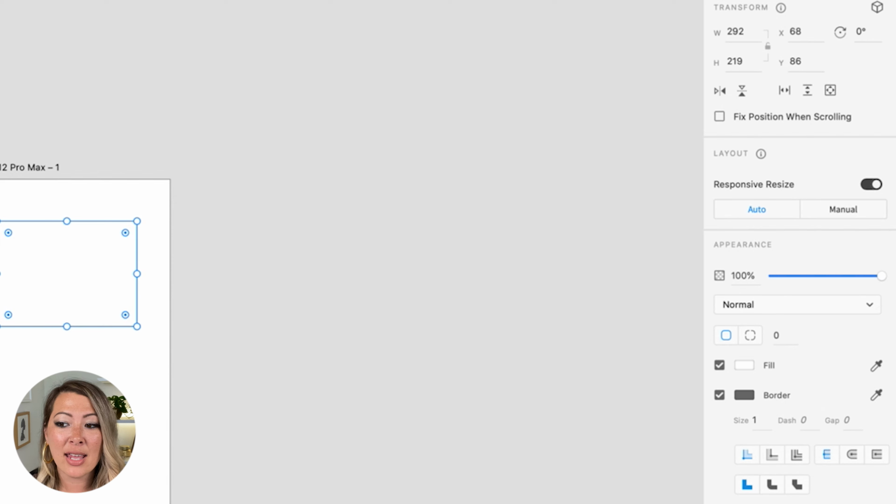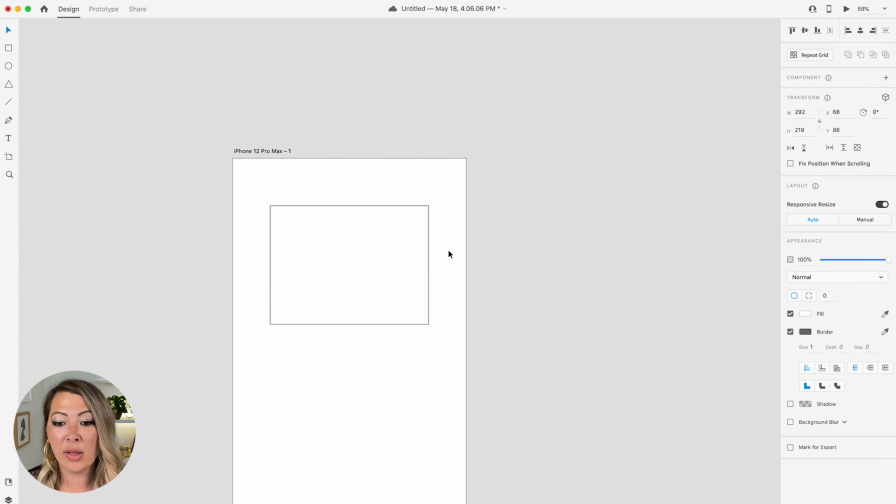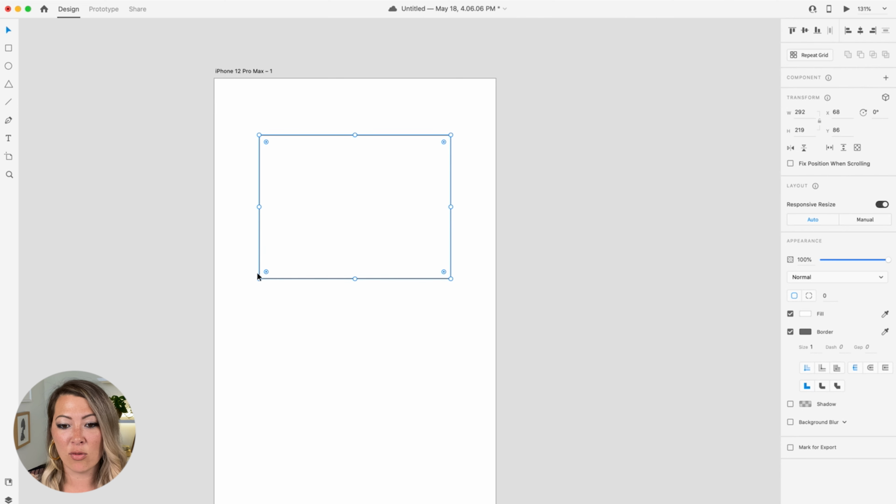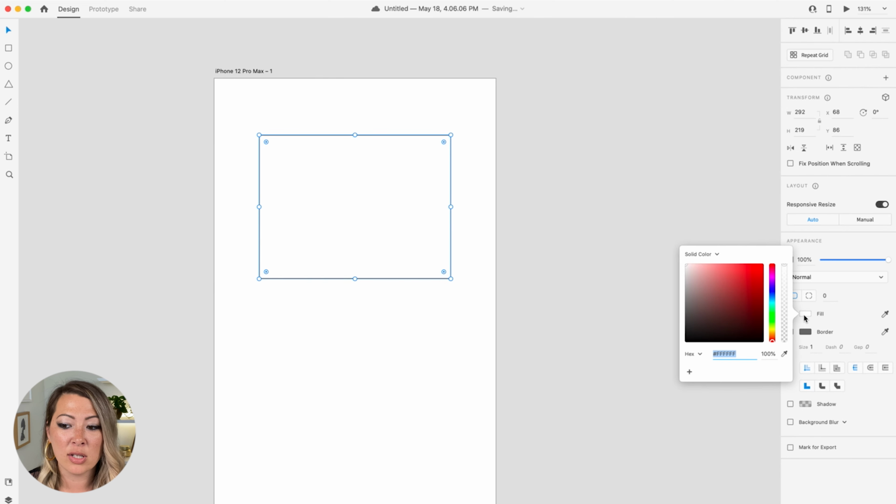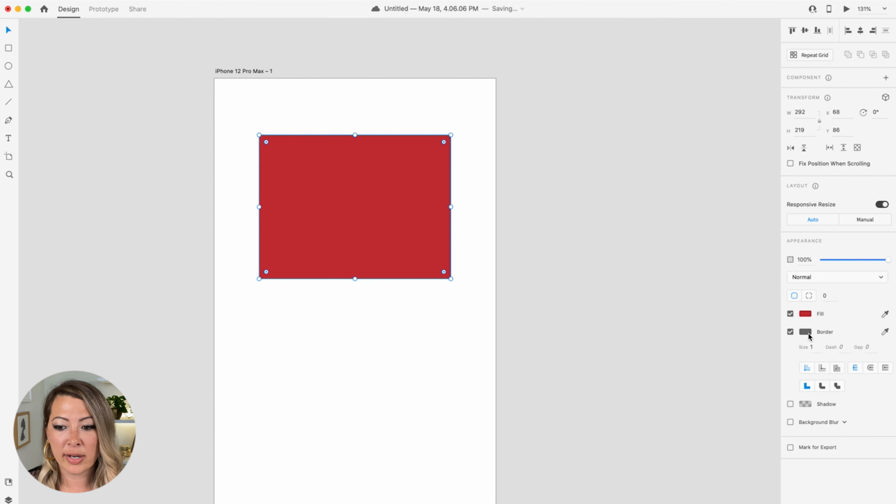So this is a contextual menu that changes depending on the layer I'm in. So here I have a rectangle and I can change out the colors, right? I can change out the border or the width. Everything that I want to do with the rectangle I can do here.